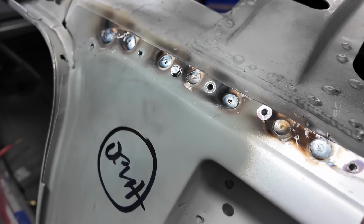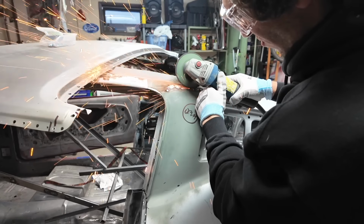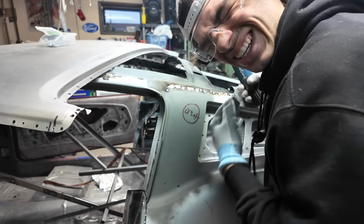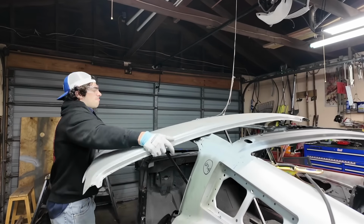Not too bad, but see those holes right there? I had to go on the backside and actually fill them. While I easily have access to it, might as well get it done. Then I got a big die grinder and took the bulk off of the welds. Got my mini die grinder to make it nice and flat, and then I completely removed the roof skin